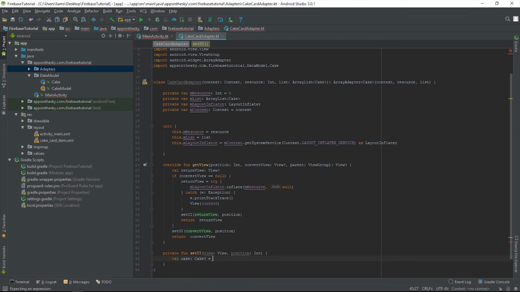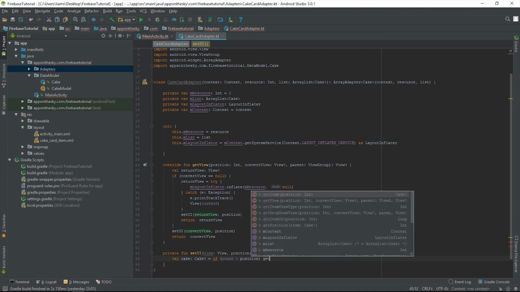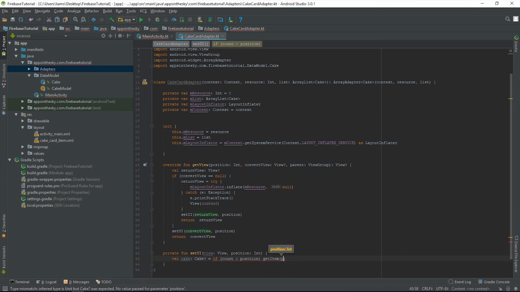Now, unfortunately, a bit of a downside with Kotlin is that it doesn't support ternary operators the same way as other languages do. This one is kind of a half ternary, so it is actually still an if statement, but it's laid out to look like a ternary, so it's kind of half and half. It's just something to note. So to do that, all we've got to do is if count is greater than position, we're going to call getItem position